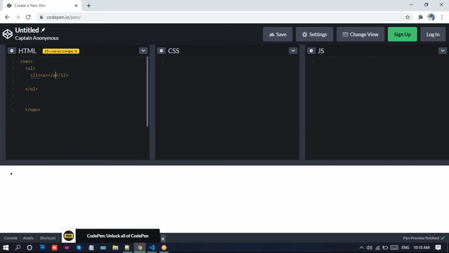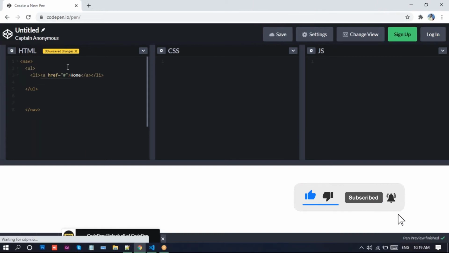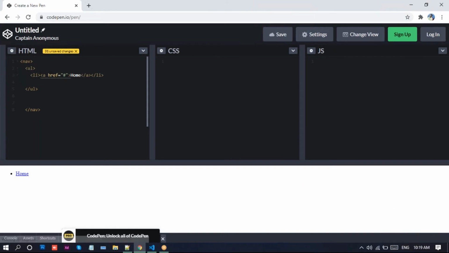I take the anchor tag, anchor tag close. In this anchor tag, I'll take the href. In the href, I'll provide a hash, and we can provide Home there.